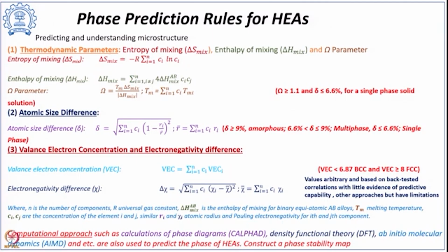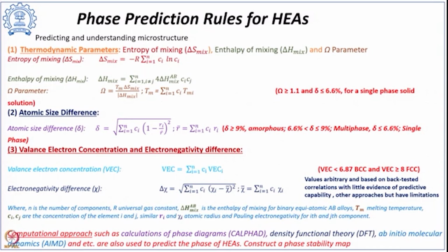a complete phase stability map is drawn considering a series of parameters like thermodynamic parameters, entropy of mixing, enthalpy of mixing or the ratio of these times temperature, the atomic size difference, valence electron concentration or the electronegativity. All these parameters are calculated. So, a phase stability map is found using different parameters, then a range of values is defined for these parameters, and when the values lie above or below a certain range or value, in that case a particular phase